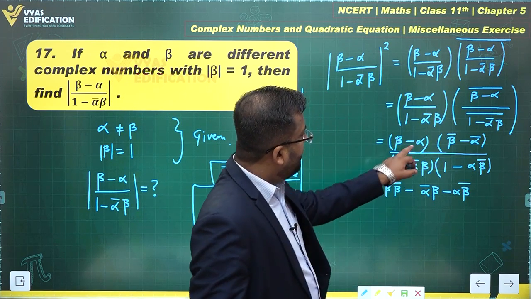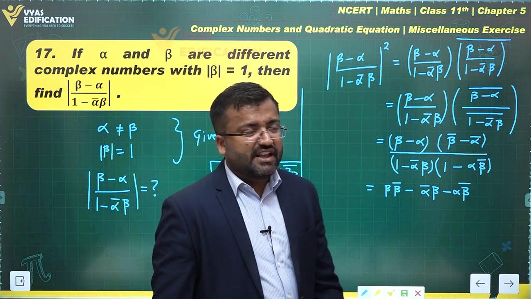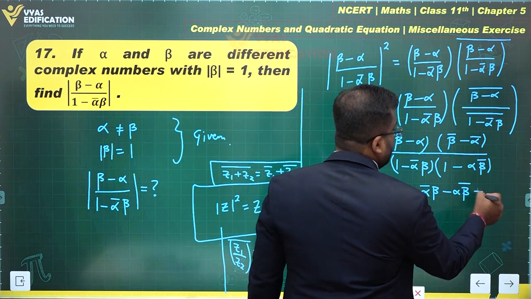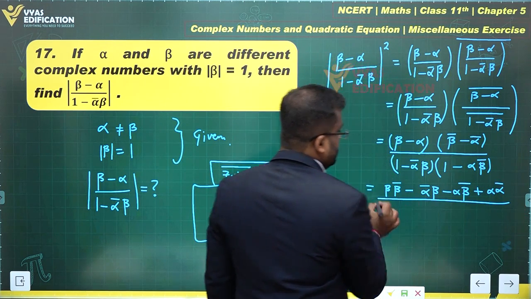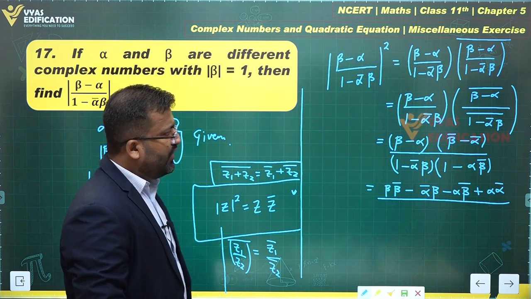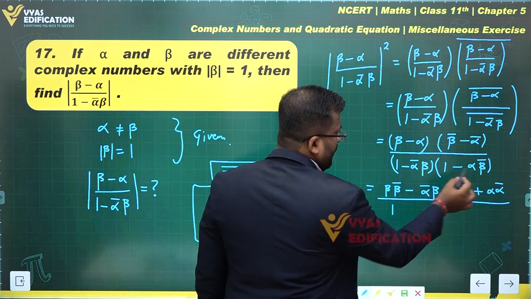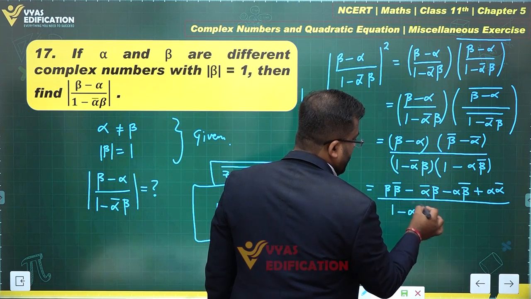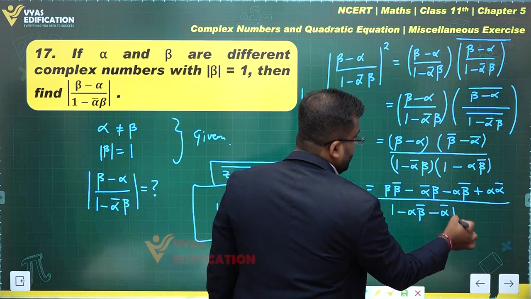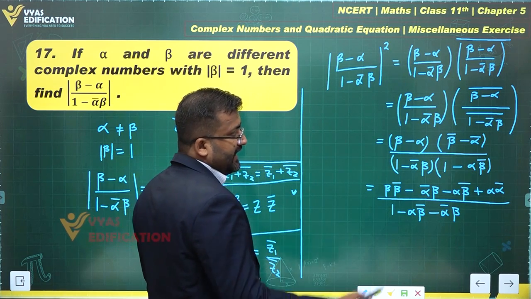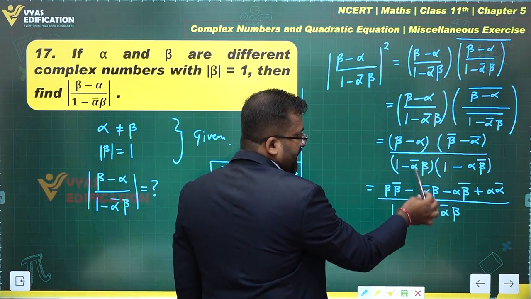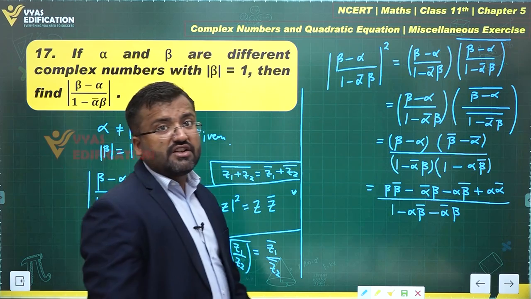What next? Minus alpha and minus alpha bar is equal to plus alpha alpha bar. In the denominator, you have 1 times 1, which is 1, 1 times alpha beta bar, minus alpha bar beta in the denominator. And the last term, minus alpha bar beta times minus alpha beta bar, will be equal to plus